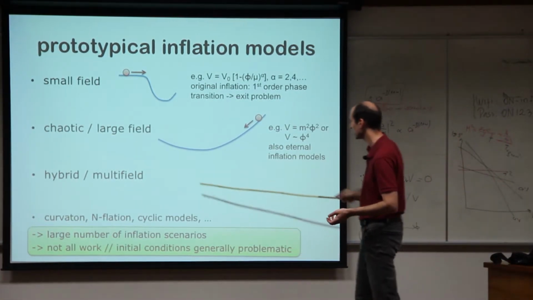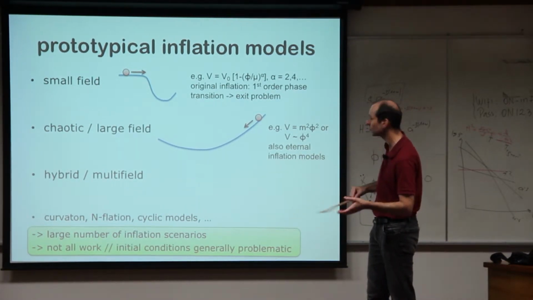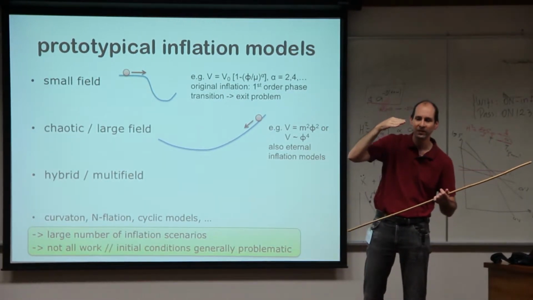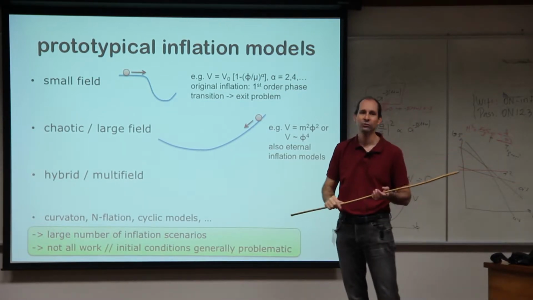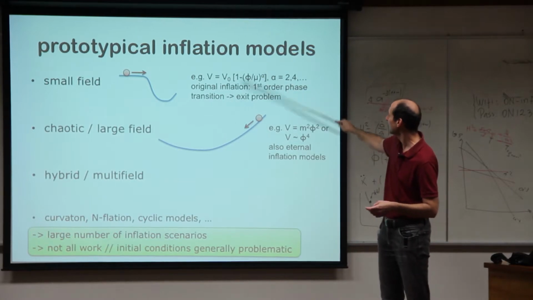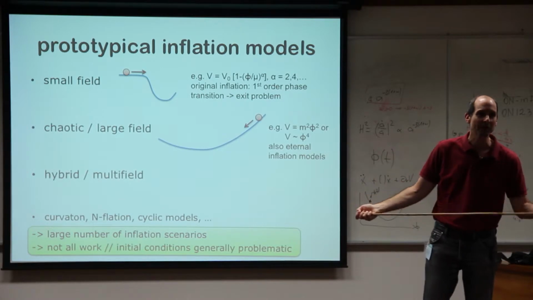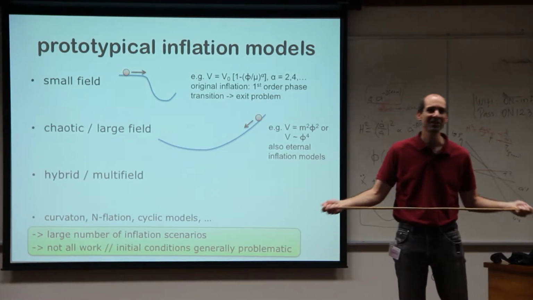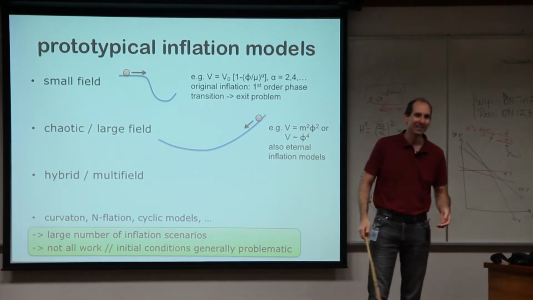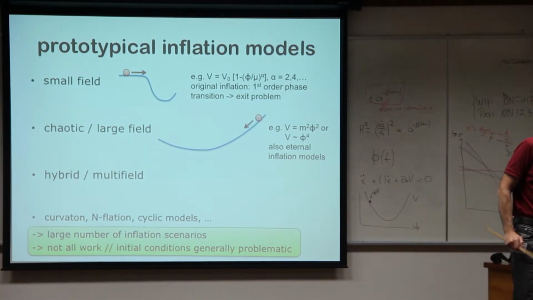And then I forgot to get the picture for that because my laptop had an internet problem earlier. There you have like a 2D, so there's like two fields, and in one direction you accelerate, and then you drop over the edge and you fall into a valley, and then the universe stops accelerating. But anyway, there are many possible models as a function of the potential, and that's another statement I can copy one-to-one to dark energy. You can make many models as a function of the potential in dark energy as well. And in dark energy then we cheat, but we get to that at some later time.